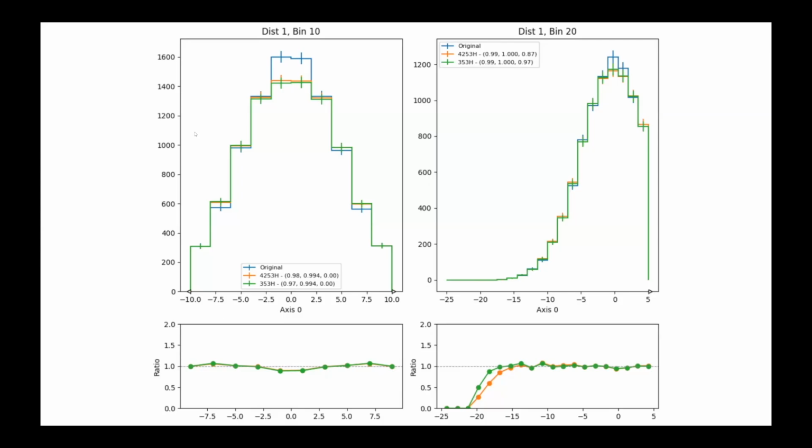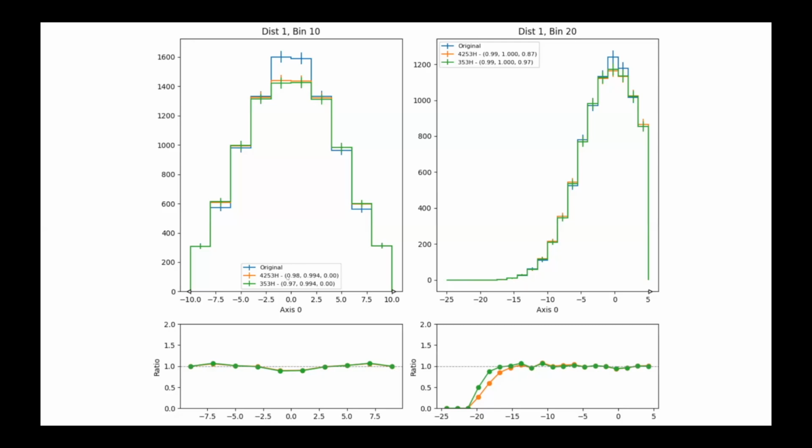So here you can see one distribution on different numbers of bins. We apply two algorithms, and in the legend we evaluate the p-value from the Kolmogorov-Smirnov test and the reduced chi-square value,